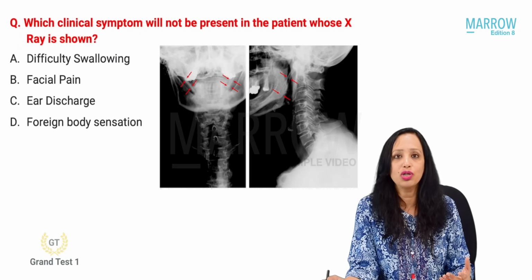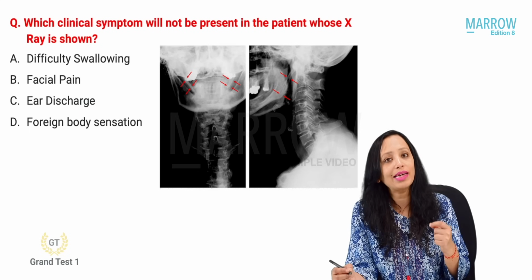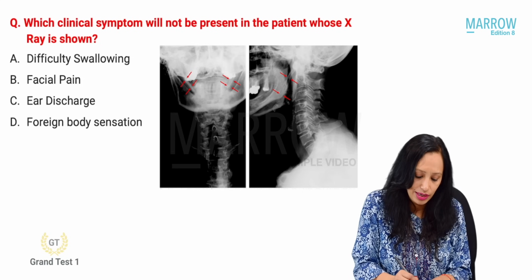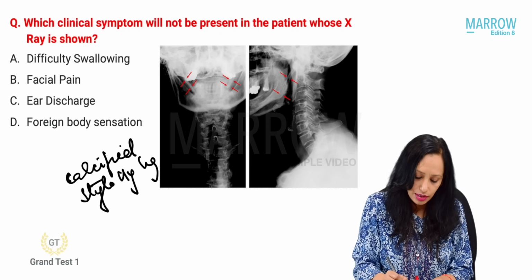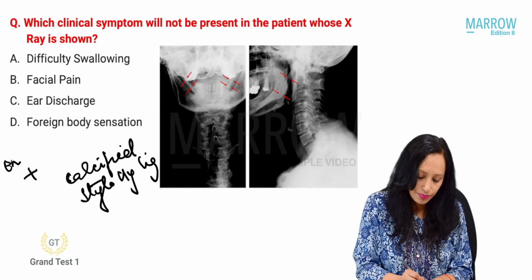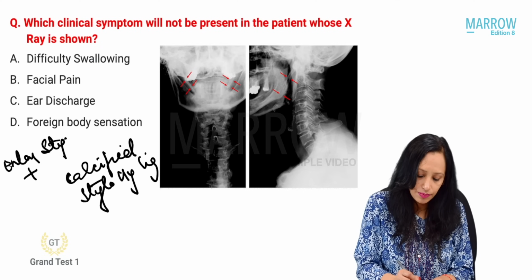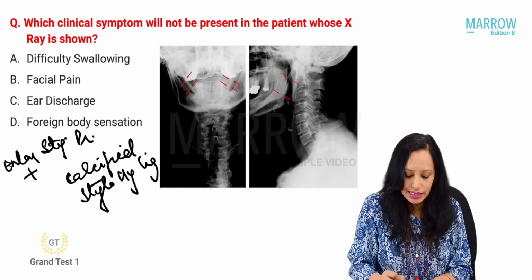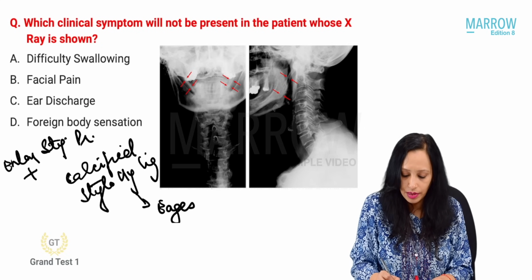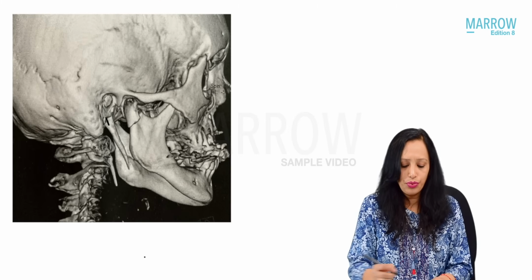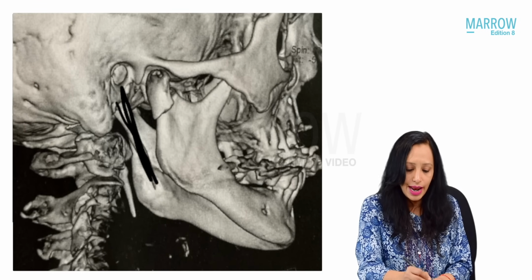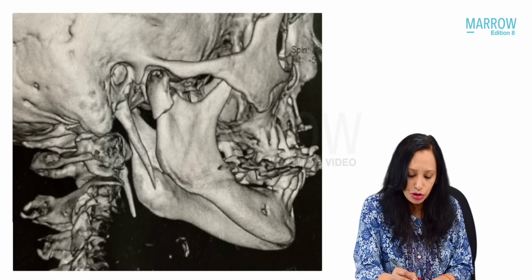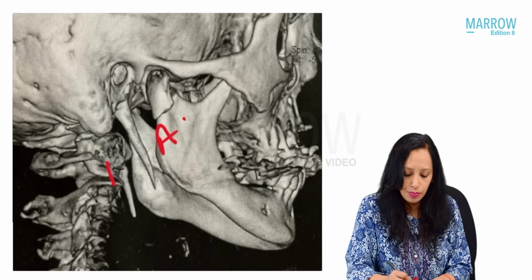Eagles syndrome is because of enlargement of the styloid process and calcification of stylohyoid ligament. Calcified stylohyoid ligament with enlarged styloid process, that is what is known as Eagles syndrome. Now, I already showed you where the styloid process is. This here is the styloid process that divides the parapharyngeal space into anterior and a posterior compartment.